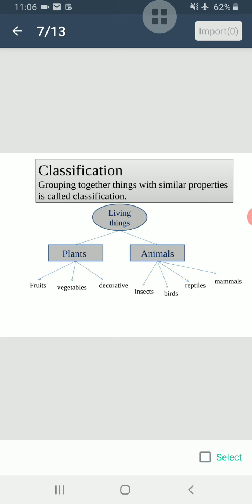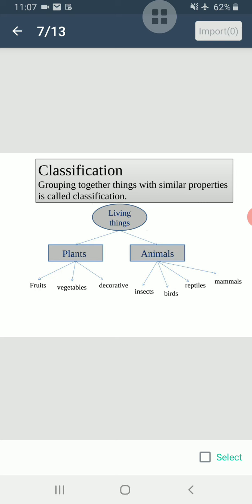The classification is not confined to living things. Non-living things can also be classified in various ways. It can be done on the basis of what they are made of or how they are used, whether they are natural or human made. Materials such as wood, cotton and jute occur naturally. However, ceramic, plastic, glass and steel are human made.